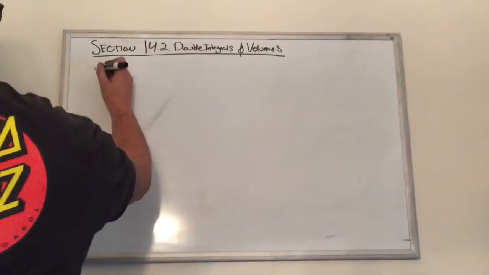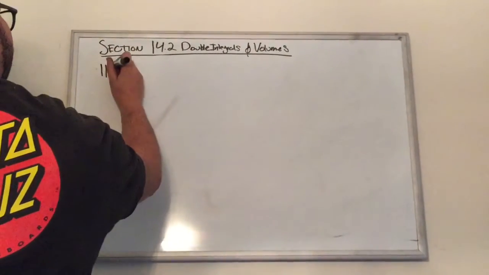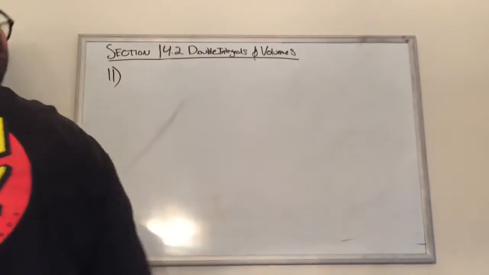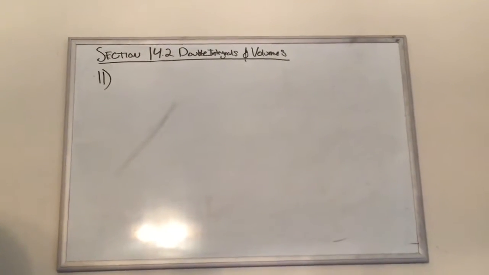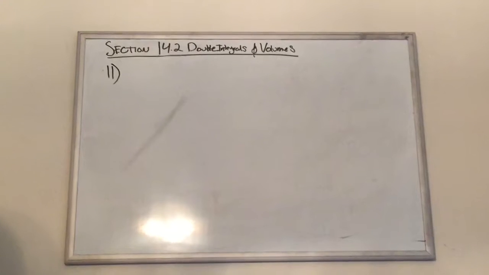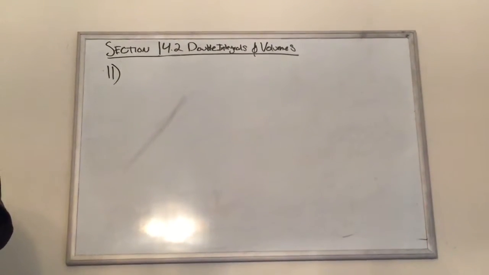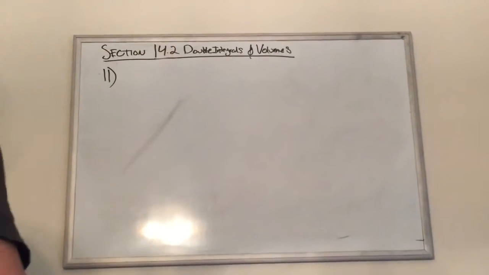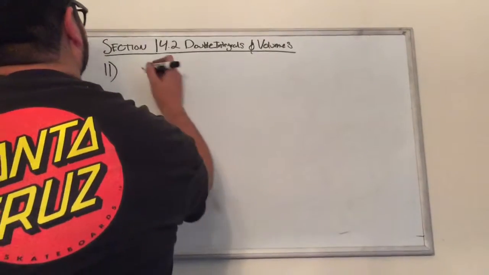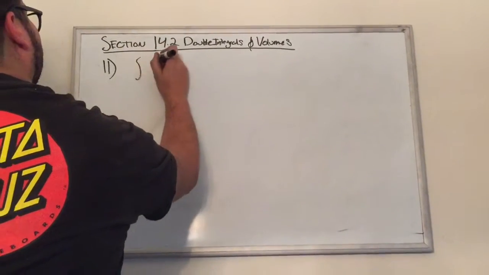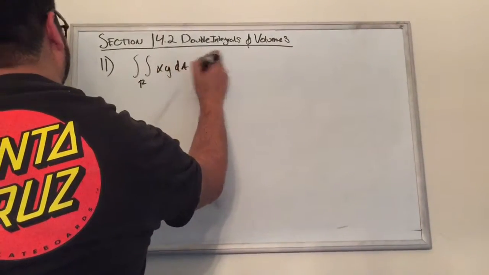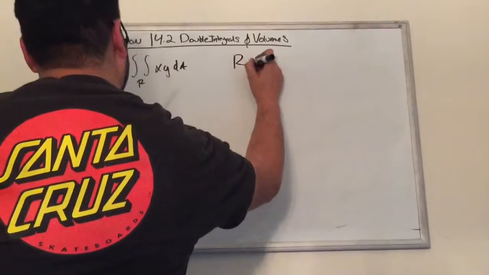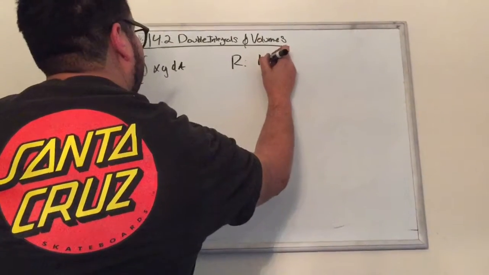Alright, so the next problem I'm going to be doing is number 11, also from section 14.2. Number 11 is asking set up integrals for both orders of integration. Use the more convenient order to evaluate the integral over the region R. Okay, so the problem is set up the double integral over region R of xy dA, and the region is a rectangle,